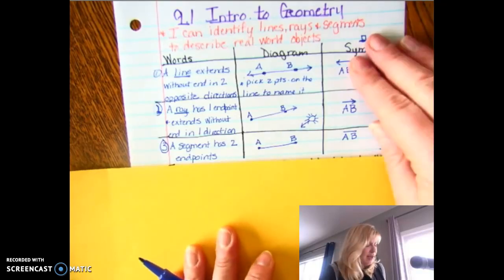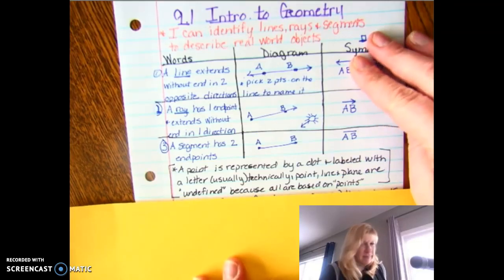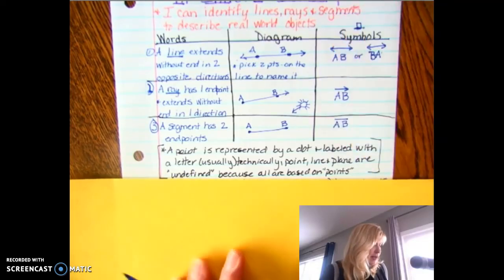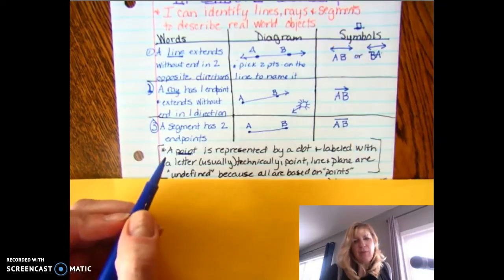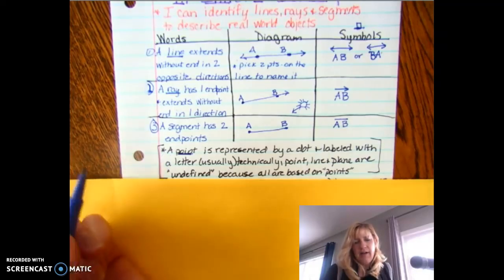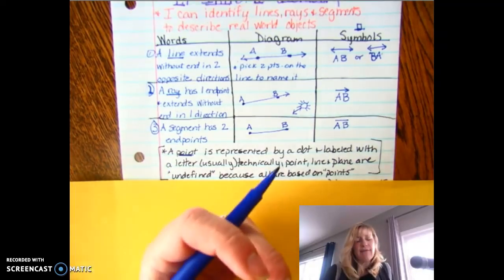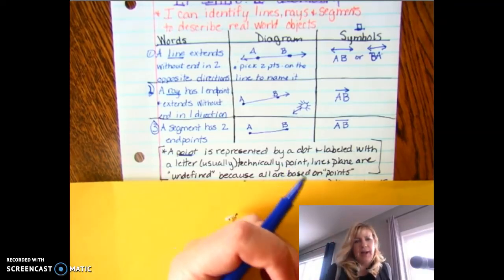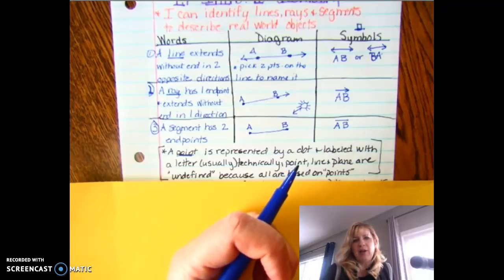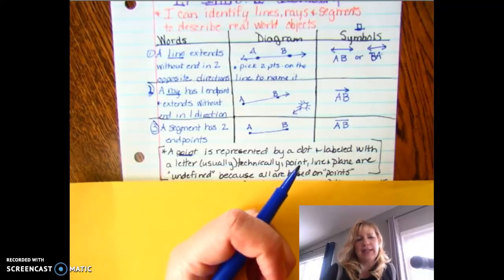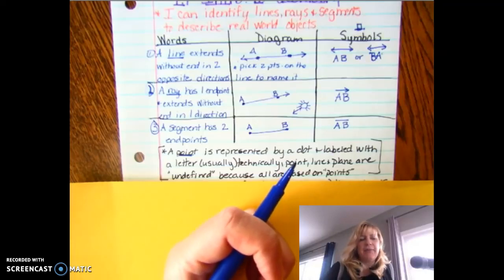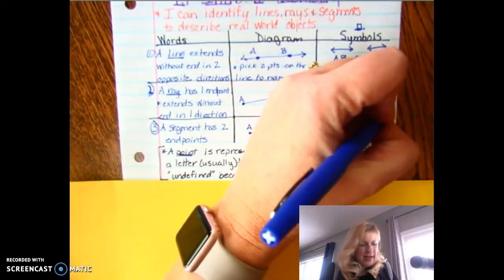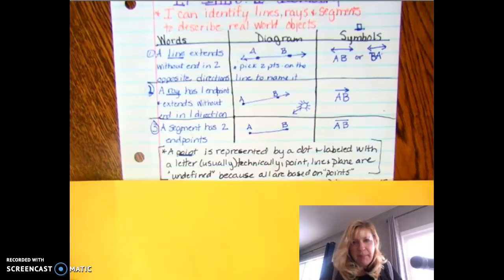I'm getting kind of technical here, and I'm going to introduce something that you probably won't learn until your geometry class beyond this, and that is the word point is actually one of the undefined terms of geometry, meaning that I cannot physically show you a point. It is kind of an abstract concept. It doesn't have an actual diameter or circumference. It's not 3D. I can't produce an actual point. Even if I were to draw a little dot that has many points in it,